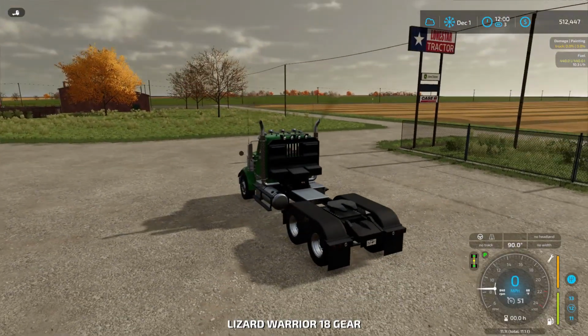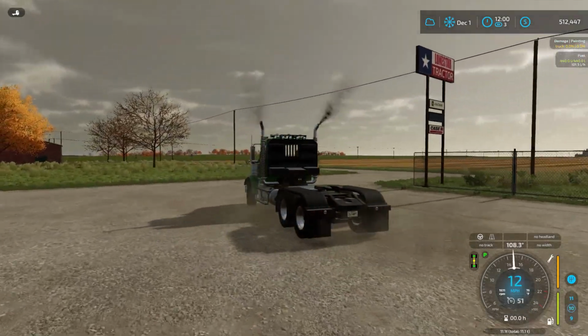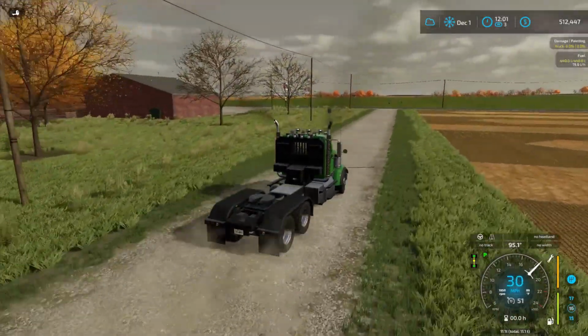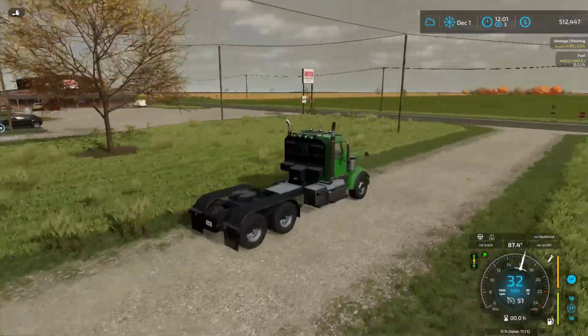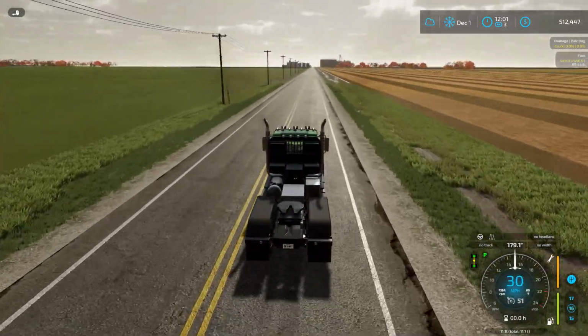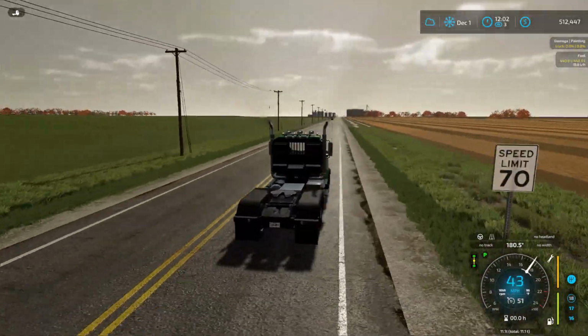All right, get our new truck here. Let's go check on the cattle. And I'm trying to think, on the way there, do I want to grab the other semi-trailer? Nah. No, we'll just use the forage wagon, because we got to load some TMR in to feed the cattle. It's at the cow farm. So I'll meet you guys down at the cow farm with our new truck, and we'll get our cattle fed